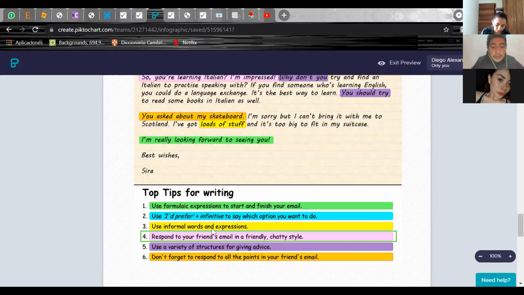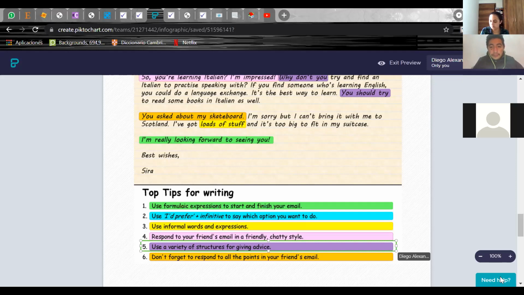So now we're going to read number five. In this case, it's going to help me reading. Let me see. Priscilla, please, can you help me reading number 5? Use a variety of structures for giving advice. Okay, thank you. So in this case, it means that